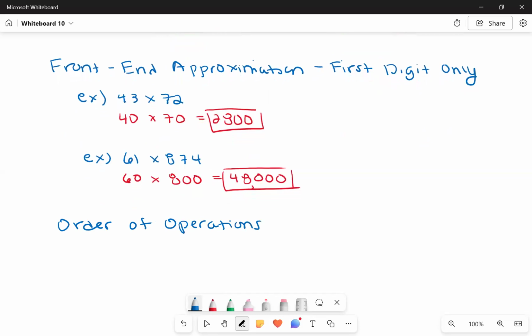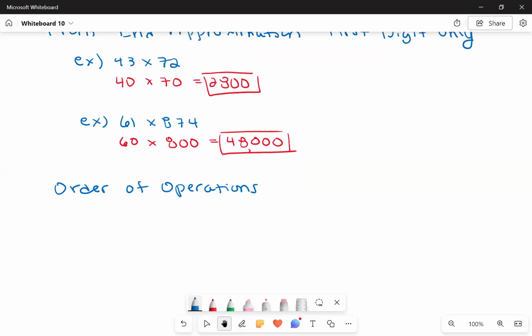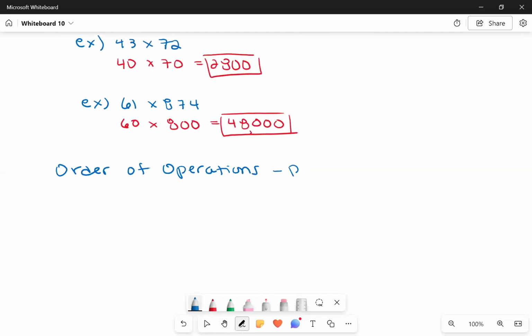Okay. So PEMDAS is usually what most people remember about order of operations, the acronym PEMDAS. And maybe you even learned the little mnemonic, the saying, please excuse my dear Aunt Sally. So that helps you remember the order. The problem with thinking of it like this